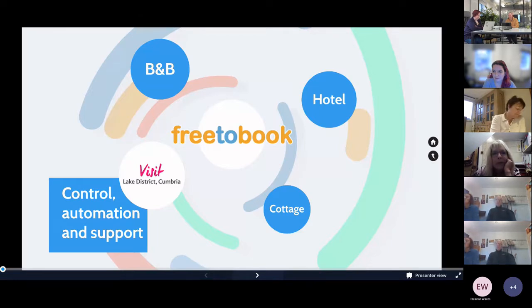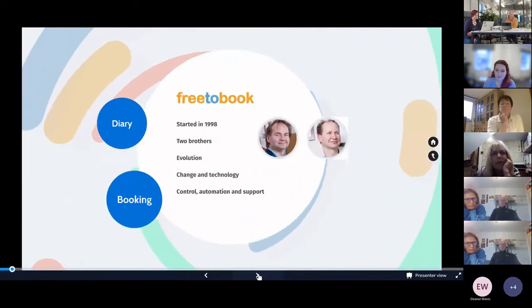So you get to choose as a business, and you can come in and use the Freetobook booking engine on your website and use the diary itself, and also connect that into Visit Lake District. All that side of things is free from us. And then if you decide you want to add on other things like payment gateways or our channel manager, etc., you can. So that's why I've split it out, and I'll work on a products basis. So you can look at those things and see. But I'll start off by giving a little bit of history about the company.